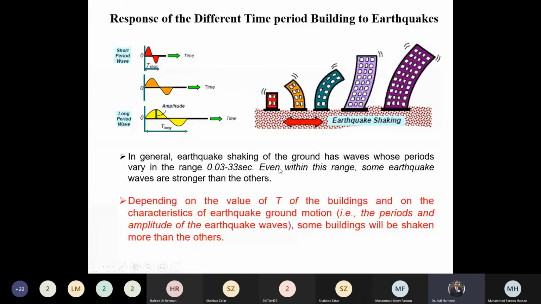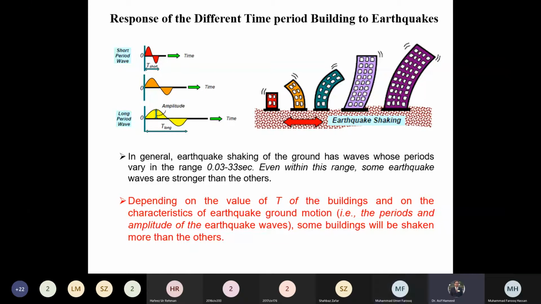Okay, now I have one question. We have buildings of different heights here. So what do you think, during an earthquake, will the shaking or vibration of these buildings be the same during that particular earthquake? No, sir. Will everyone's shaking be the same? It will be different, sir. It will be different. It depends on the